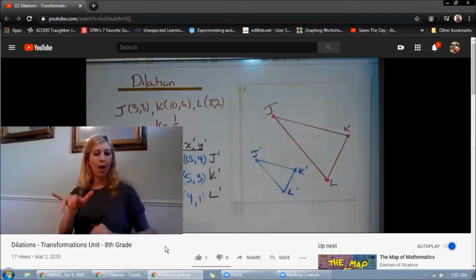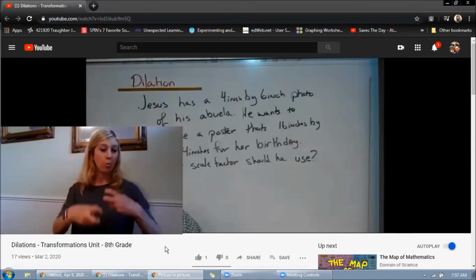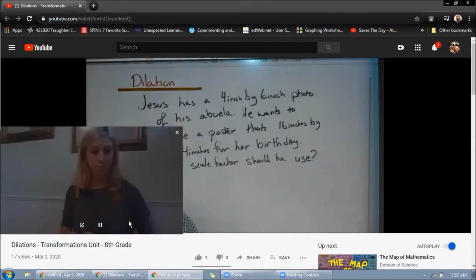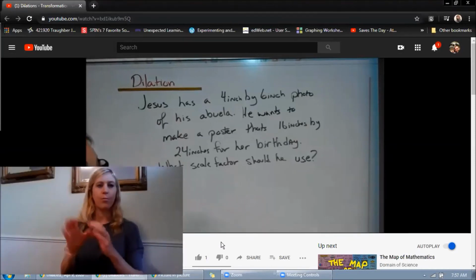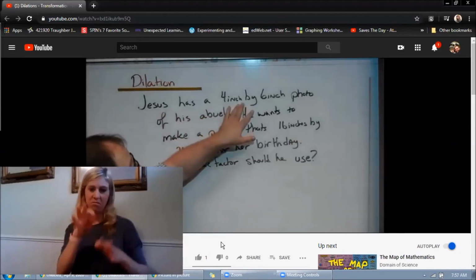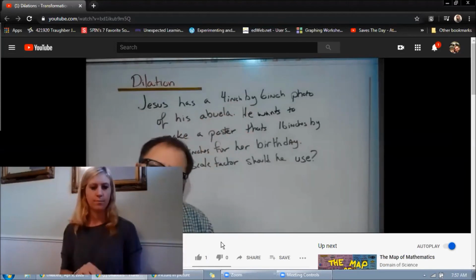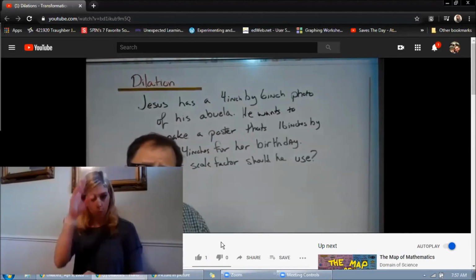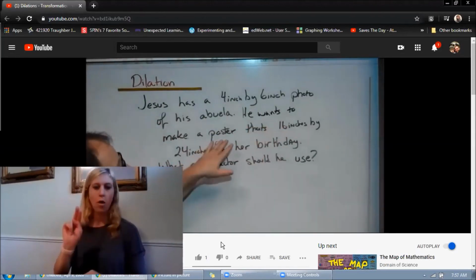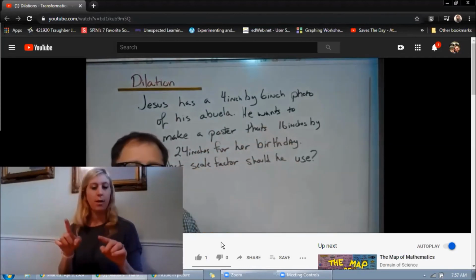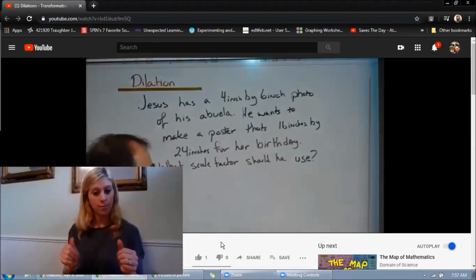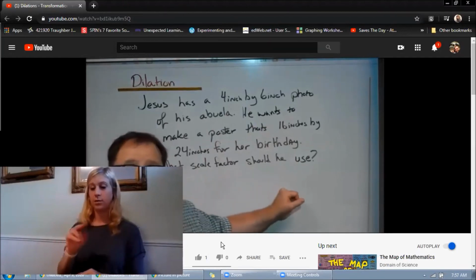Let's take a look at what a word problem would look like for one of these problems. Word problems for dilations can be tricky if you don't set it up with a picture. For me, a simple drawing always makes a big difference. So let's look at the problem that we have here. Jesus has a 4 by 6 inch photo of his abuela. Oh, that's so sweet. He loves his abuela. Okay. He wants to make a poster that's 16 inches by 24 inches for her birthday. So they're going to have a big party, and he wants to have a nice large picture for that. What scale factor should he use